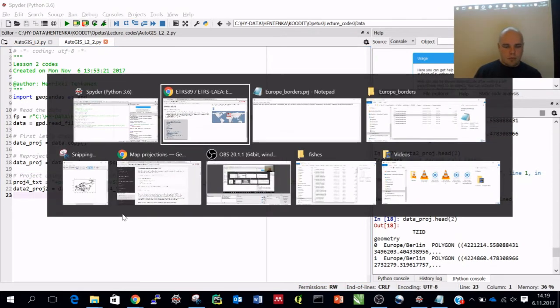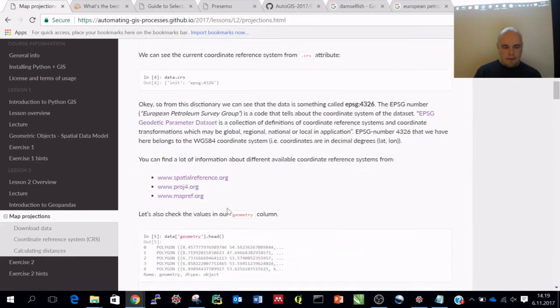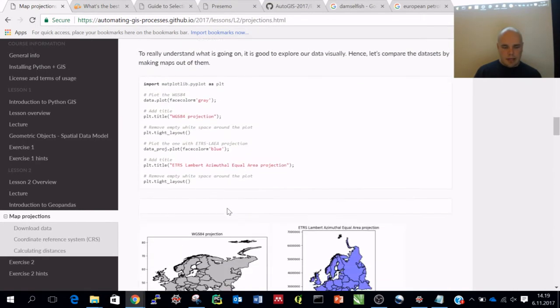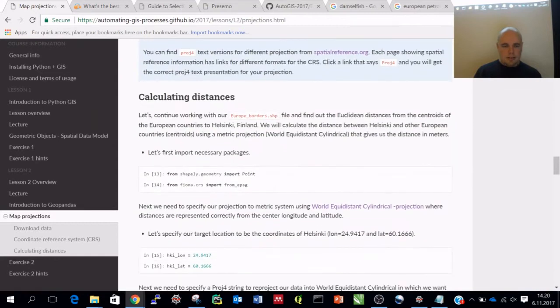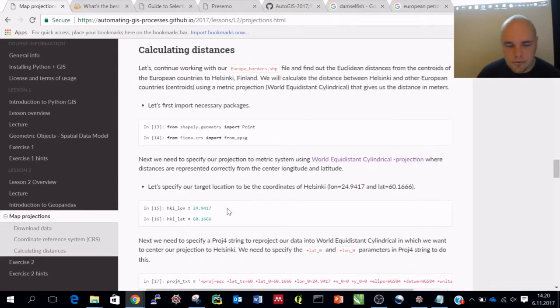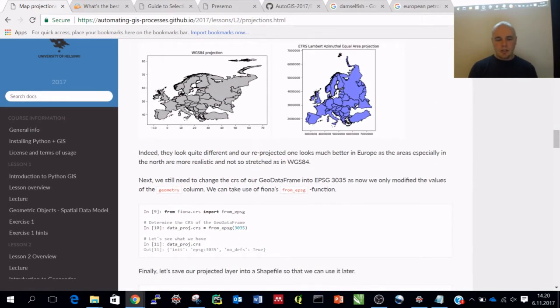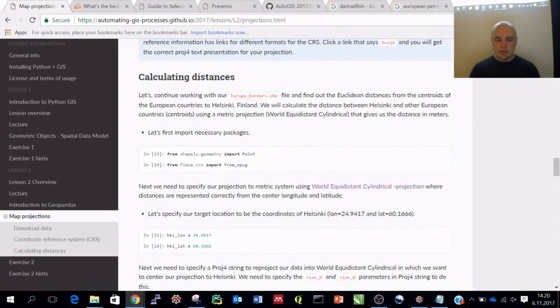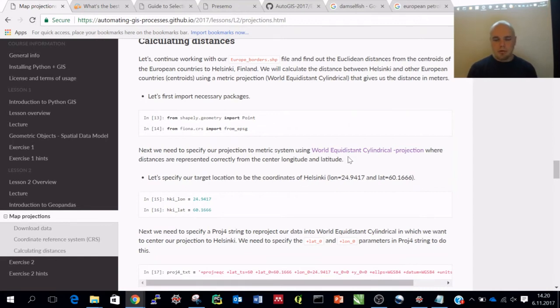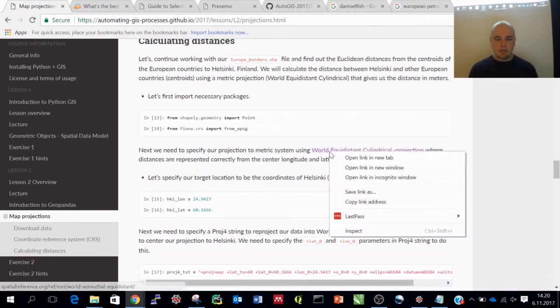And now, why this becomes handy is that I want to give you a practical example. The idea here is to calculate distances between Helsinki and the centroids of different countries in Europe, centroids of these polygons in here. So we want to use a specific projection called world equidistant cylindrical projection,